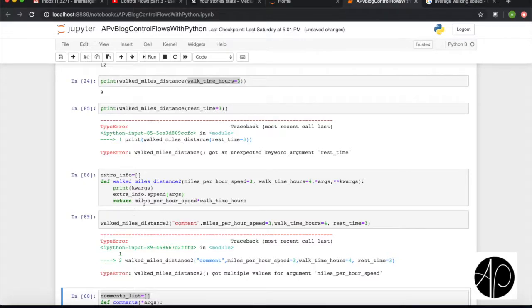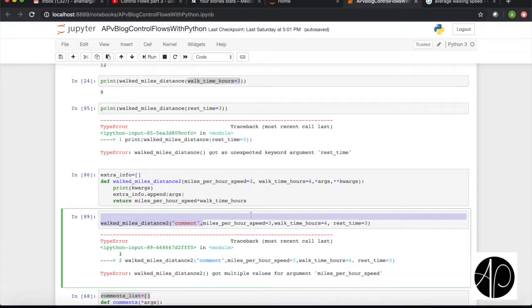So once I do this, Python thinks I'm actually specifying two values for one parameter. So it's actually giving me the message of walked miles distance 2 got multiple values for argument miles per hour speed. So in reality, if I wanted to pass an extra argument, I couldn't pass these two as keywords. I would need to do the following: